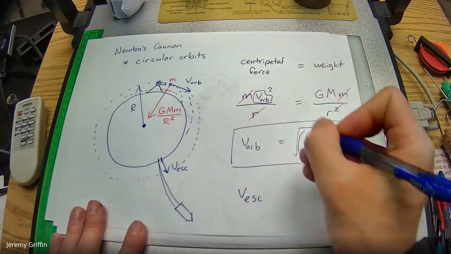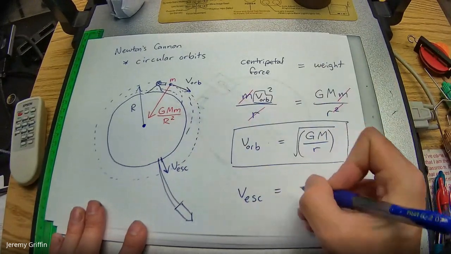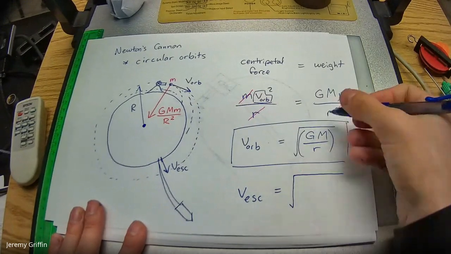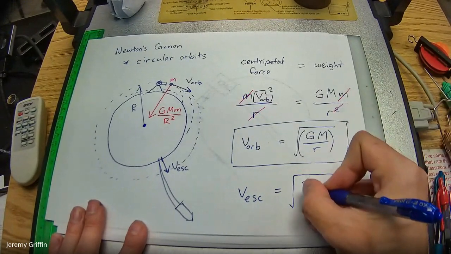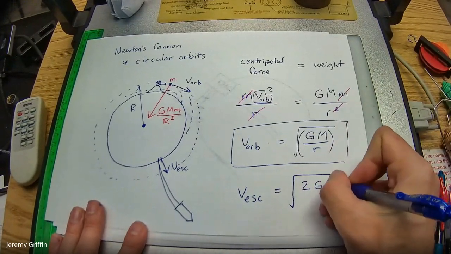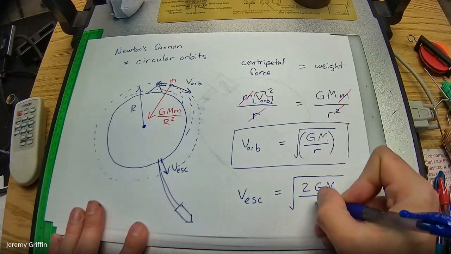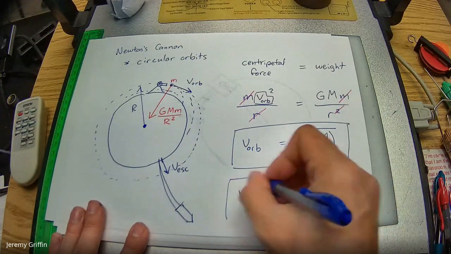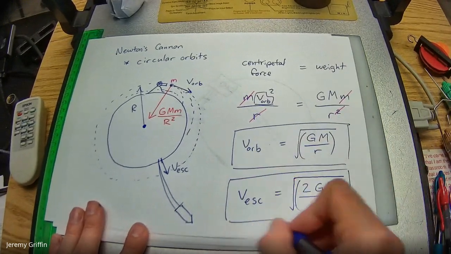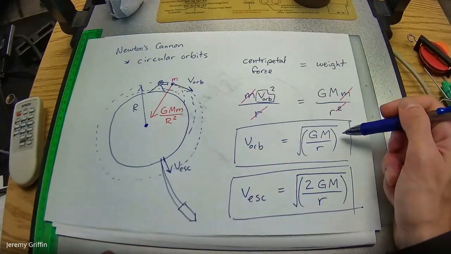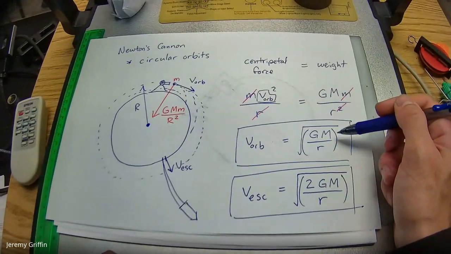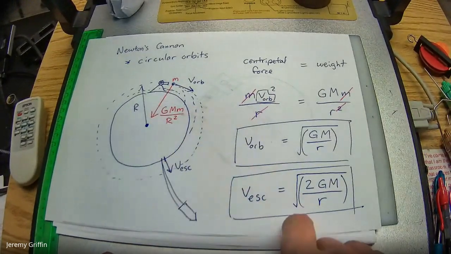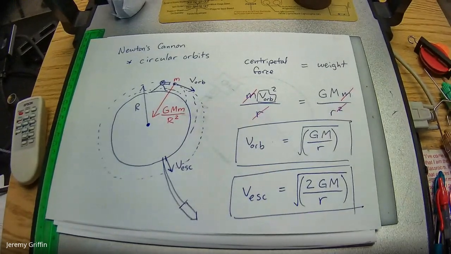Just take my word for this that this is true now, and I'll prove this to you guys when we get to conservation of energy, because it looks very similar to the orbital speed. It's the same thing, but I'm going to slip a 2 underneath that radical. So square root of 2 times GM over r, like that. So now you have expressions for how fast you have to go to stay in a circular orbit. And if you speed up even faster, how fast you have to go to break away from the gravity of the planet and fly away forever.